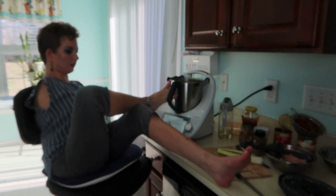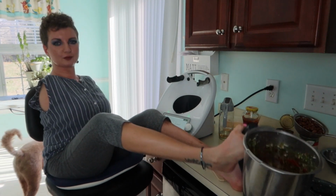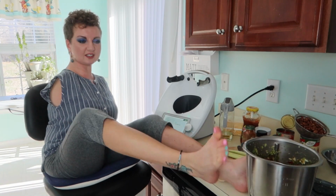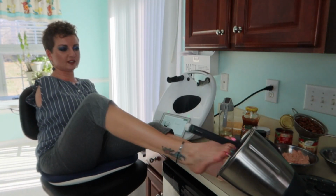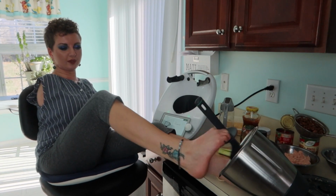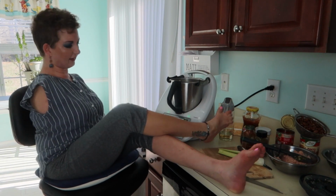So the pieces are, I'm guessing, supposed to be larger of the onion and the pepper. And this is what we have now. And because there's a lot on the sides, I will scrape the sides down just to make sure that everything sautés the right way, because that is what the next step will be, I believe. Okay, I need to tare it, and then